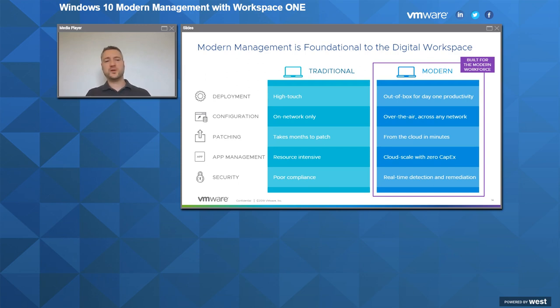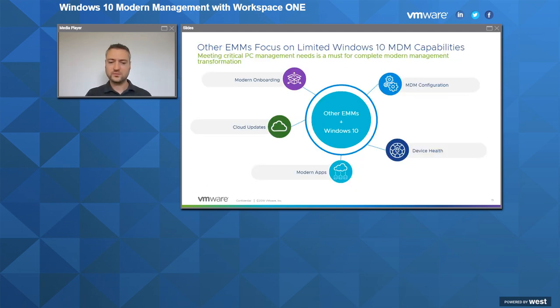And that is why moving to the API-driven world of Windows 10 makes so much sense. And that is why when it comes to managing your entire fleet or swarm of devices in the organization, Workspace One makes so much sense.